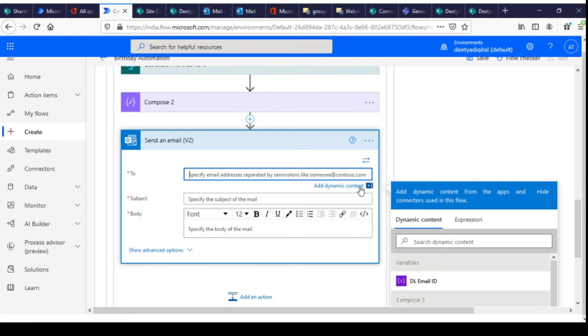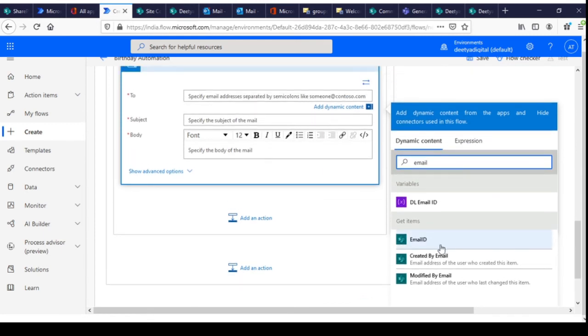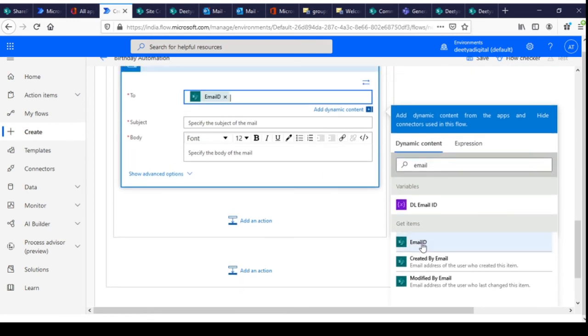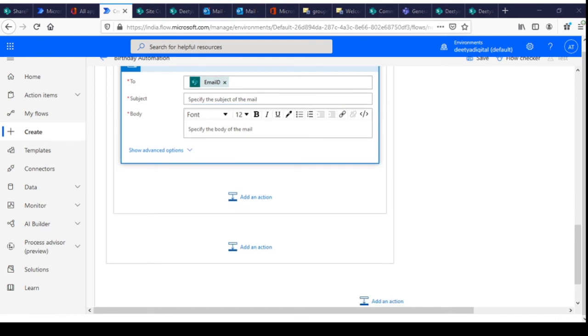So in the to field, definitely just check the email, get items email id. The subject is obviously your choice, whatever subject you want to put over there, like happy birthday xyz.